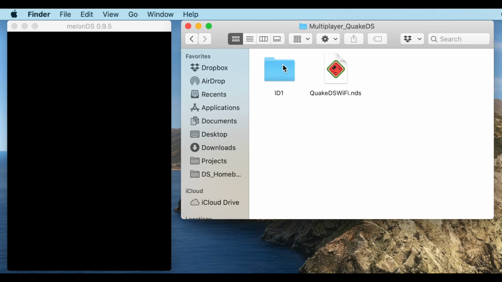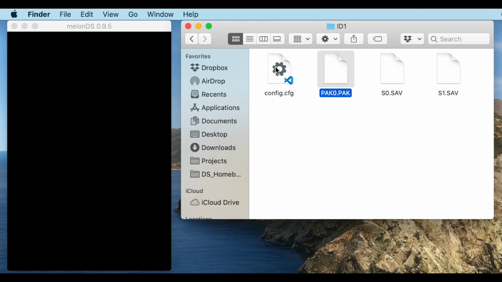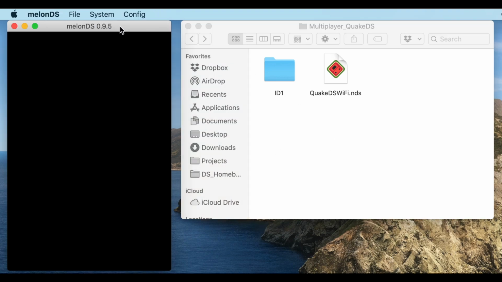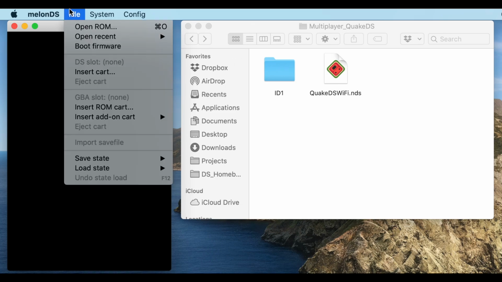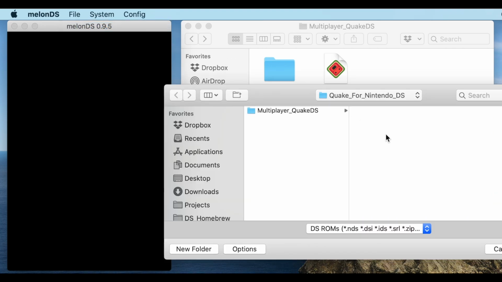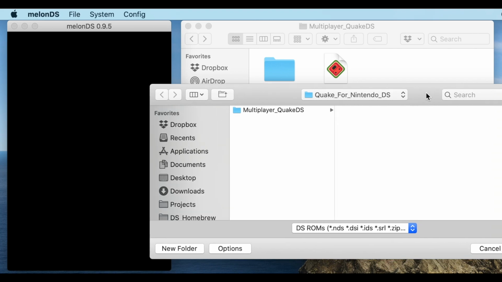Now, Quake DS requires this ID1 folder, which contains the game data in the pak0.pak file, as well as a config file, both of which need to be accessed by that .nds ROM for the game to run properly. So first I'll just try to run the ROM without connecting it to the ID1 folder, and you'll see what happens. So if I go to Open ROM and then I navigate to this NDS ROM,